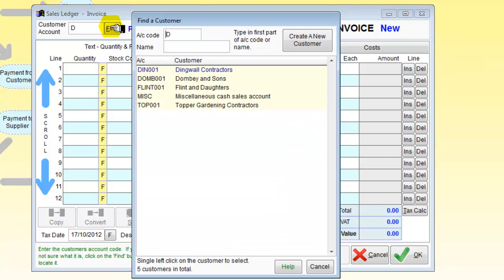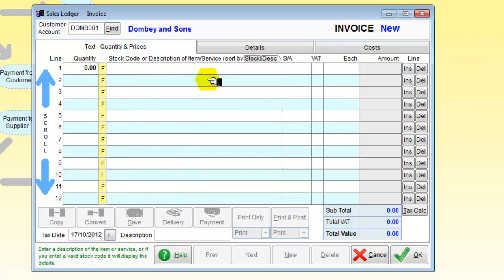So we're going to look for our customer and we're going to take Dombey and Sons, and now we enter the items. First of all the quantity, and then depending on whether it's a stock item or a description of an item or a service, we're going to enter that here in the detail. We are going to say that these are boxes of marigolds,